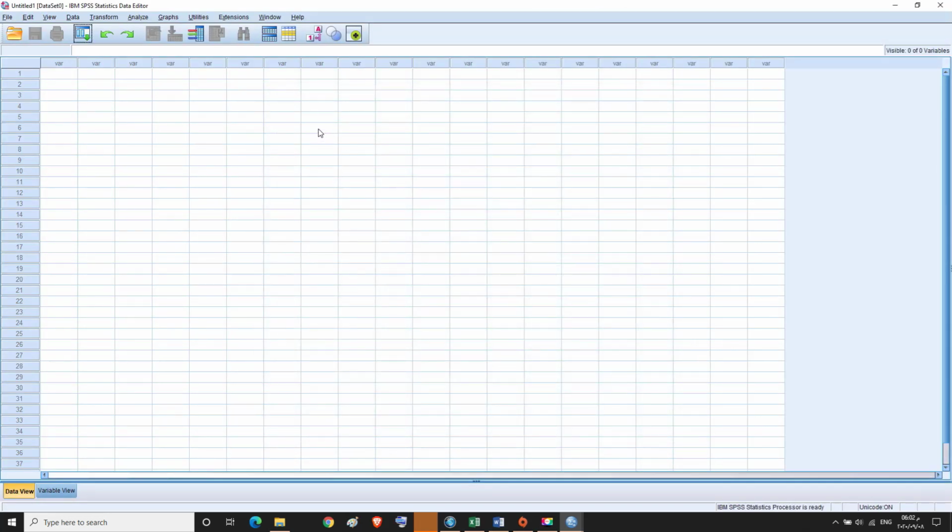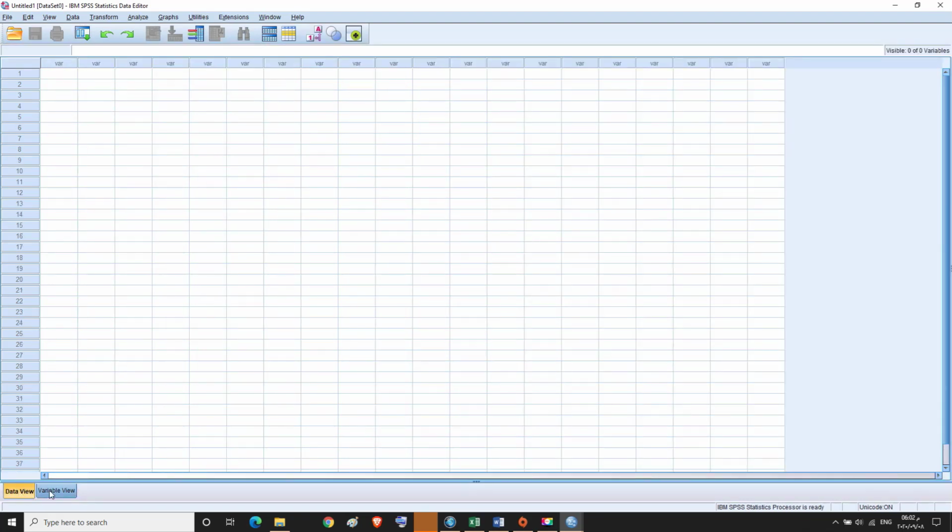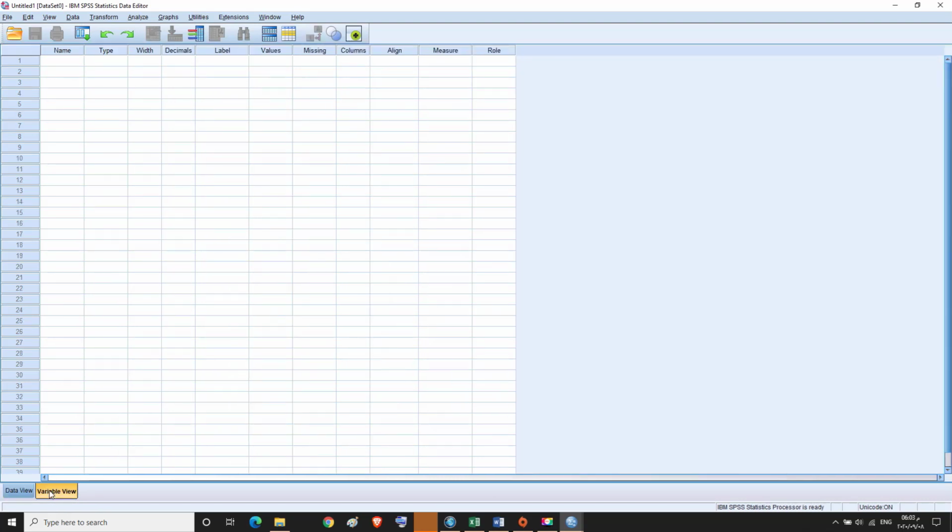This page appears, and in it we have data view and variable view, where we go to variable view to conduct factor analysis for the study area basin.